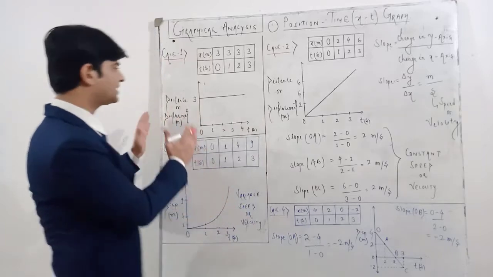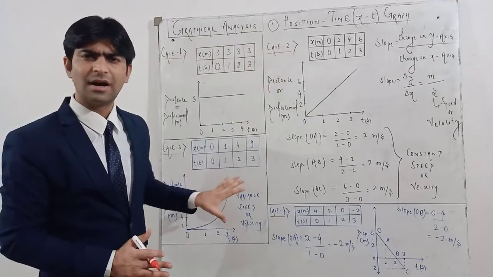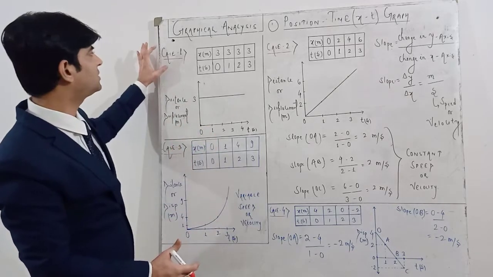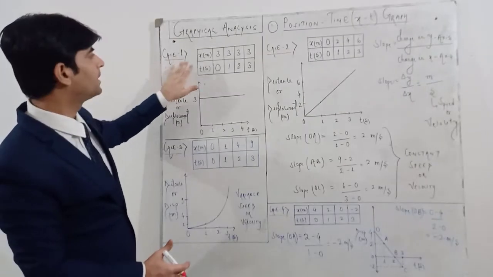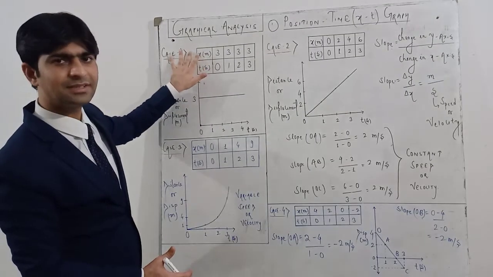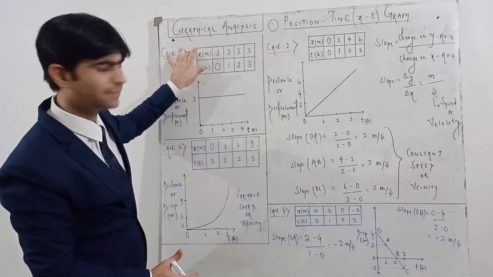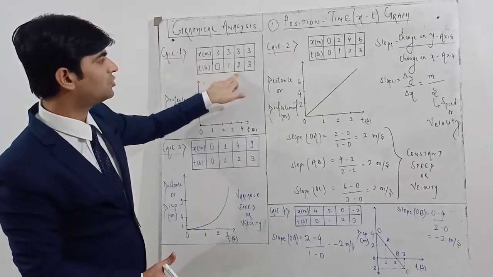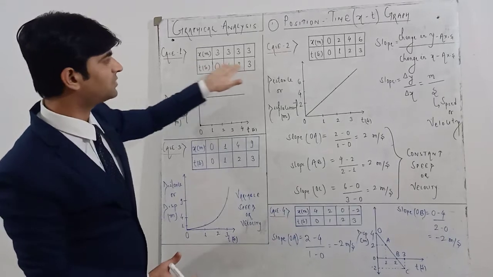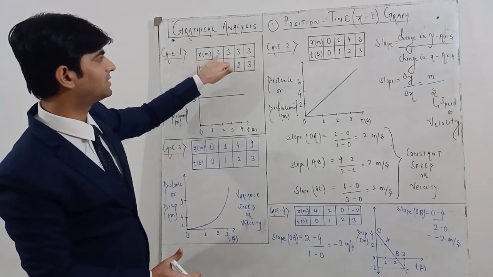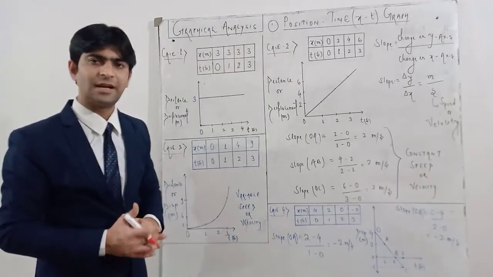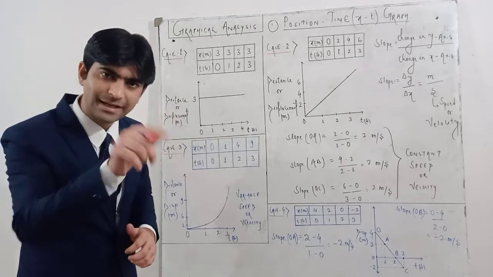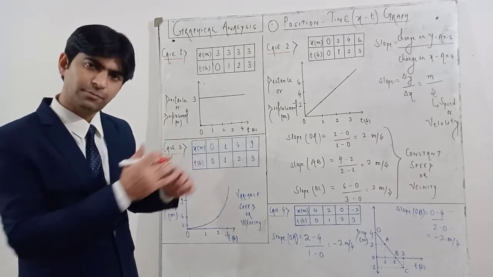Okay, if you see this case number 1, this data I have taken very randomly, just to explain the concepts, and this is not a fixed data. So if you see the first data, case number 1, here I have taken x in meters. X indicates the distance or displacement, and here I have taken time in seconds. So time 0, 1, 2, 3. But with the passage of time, if you see, the value of x is 3, 3, 3, 3. That means with the passage of time, the value of distance or displacement, which is indicated by x, is not changing. If you plot this graphically,